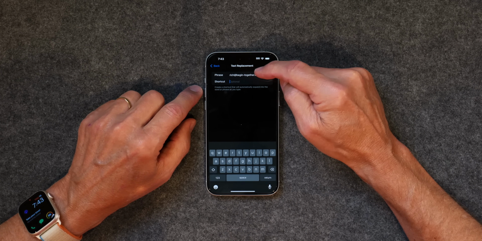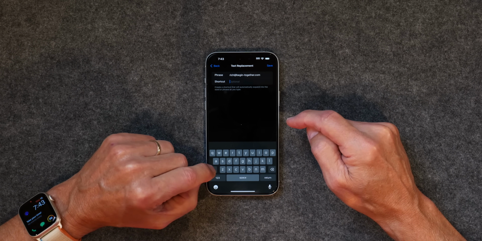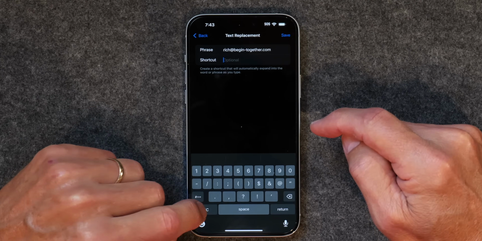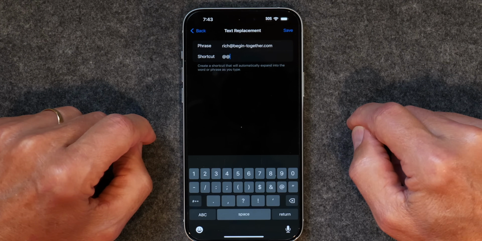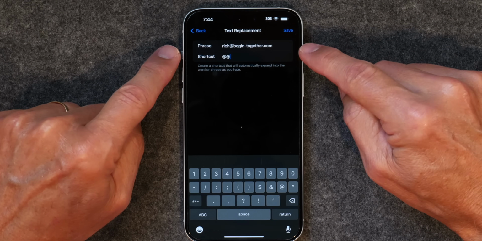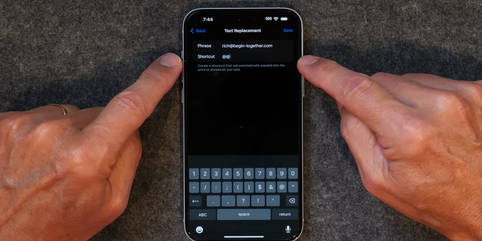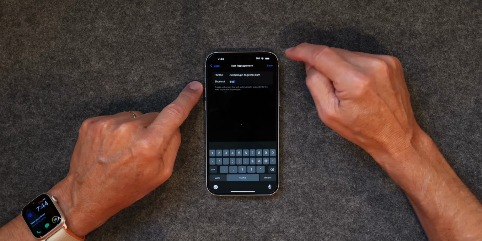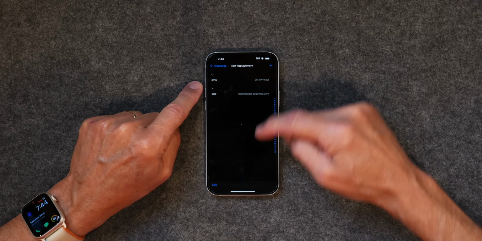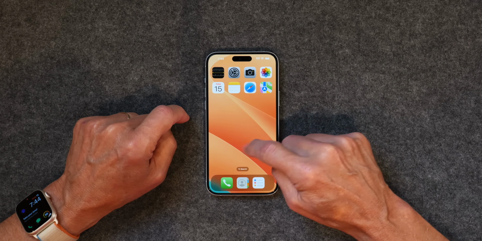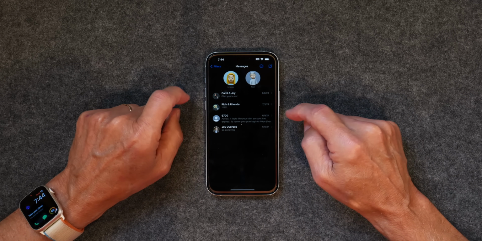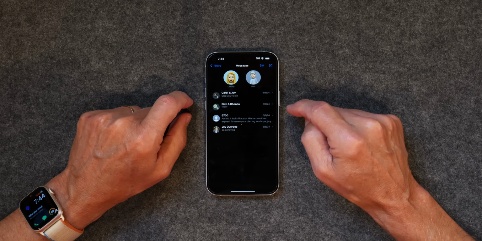And then I'm going to give it a shortcut, and the shortcut is going to be the little @ symbol right here twice. Just like that. So now you can see my email address, and I've set the shortcut as the two @ symbols, and I'm going to click Save. And now if I open up Messages and go to create a new message,